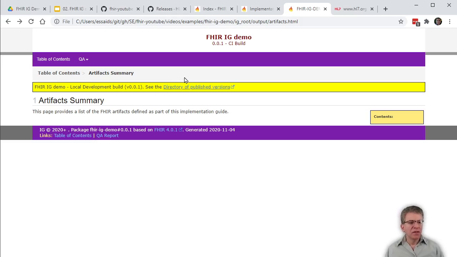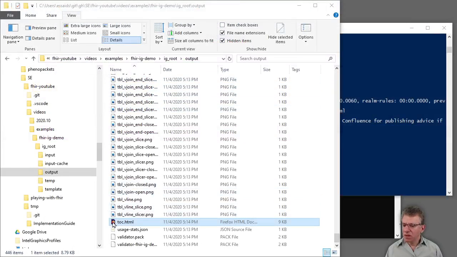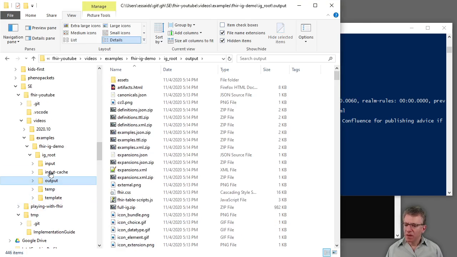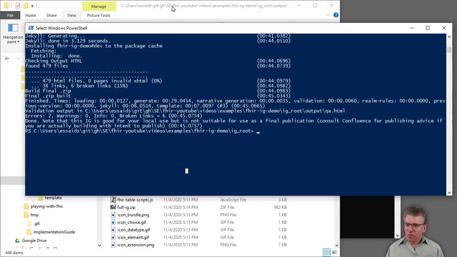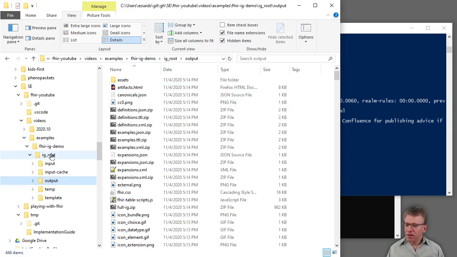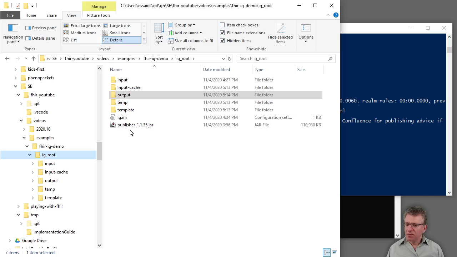Okay, so this is the static website. And we got to it from the output folder. Okay. So this worked. With this setup, you have the initial setup and the tooling working. Just briefly, remember I said